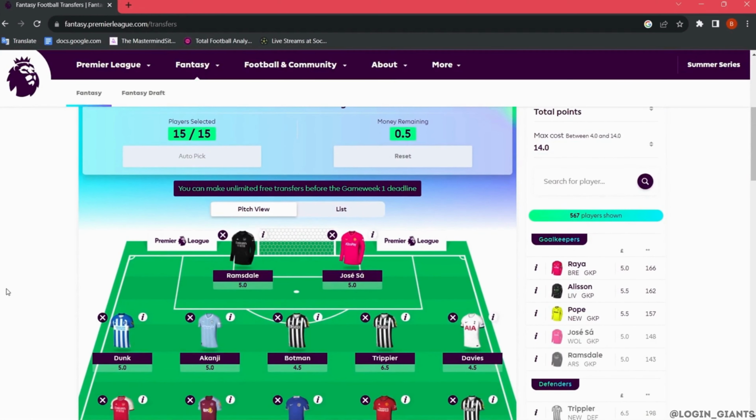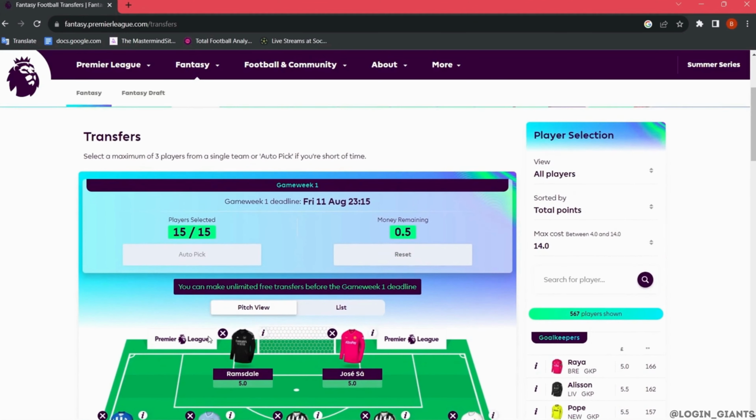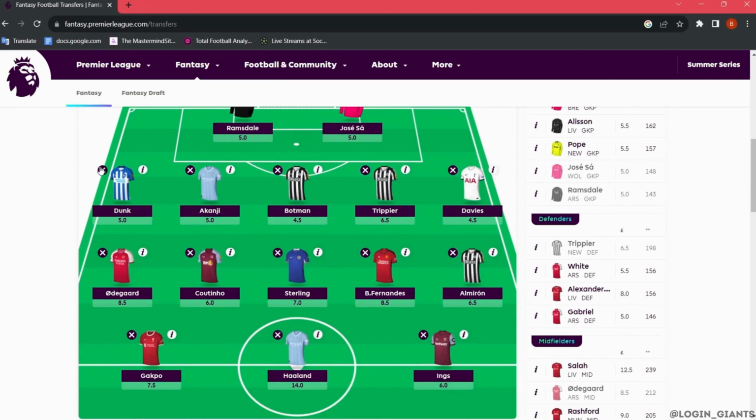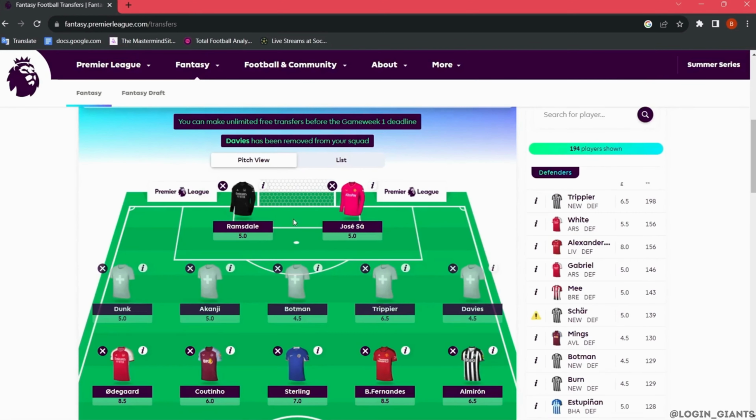And there are a few things to consider before resetting team on FPL. If you're doing this before the beginning of the season or before starting the game week first, you will be able to get unlimited transfers and points will not be deducted, so that you will be able to change or reset the whole team. And in order to reset, simply click on trust